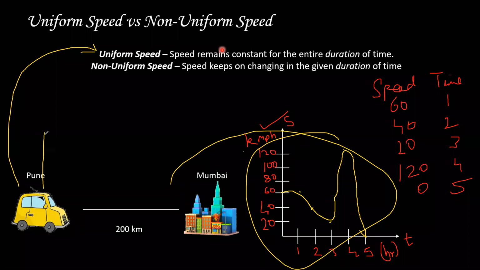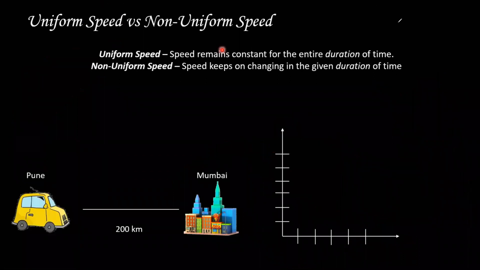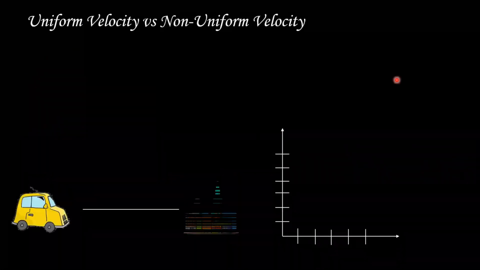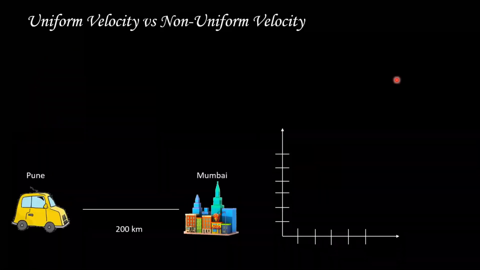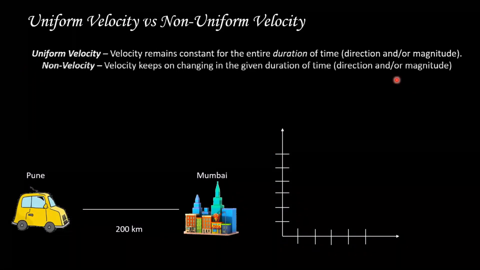So now our car is actually going at non-uniform speed, which actually happens in real life. In real life, it is mostly non-uniform. So this is what uniform and non-uniform speed means. Now, folks, the next two slides are about non-uniform velocity and acceleration. You have to think about the same concept. You just have to change speed to velocity. So now you understand what I'm talking about. Just a minute. So we go to the next slide. Uniform velocity versus non-uniform velocity.